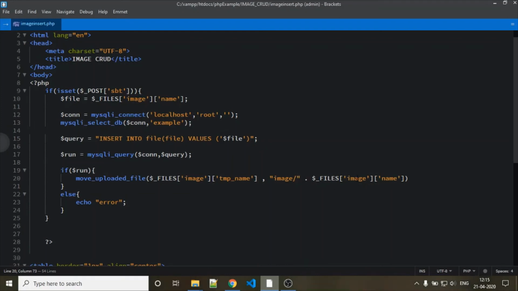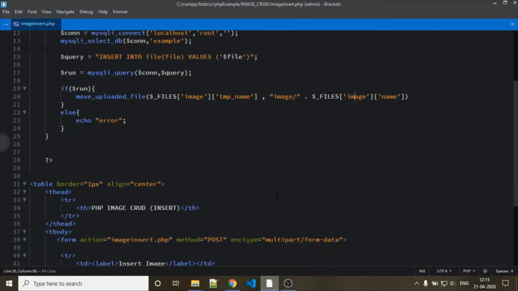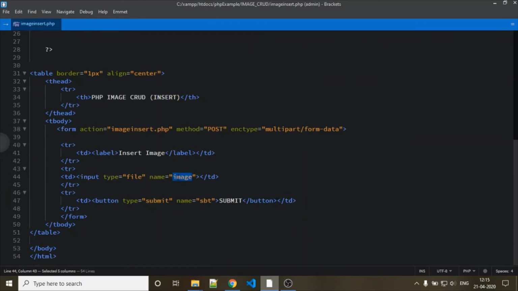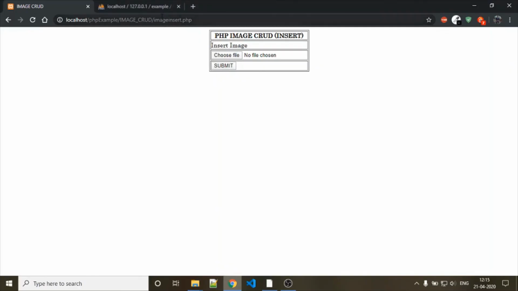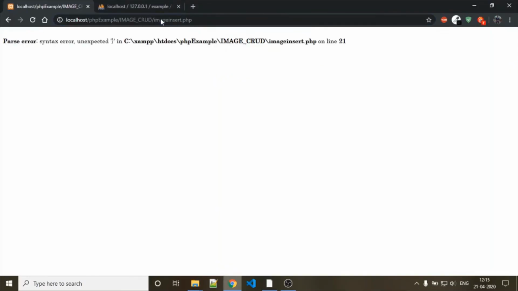Here the first parameter is $_FILES of image with tmp_name, and the second is the name of that file, the name attribute. So refresh it.